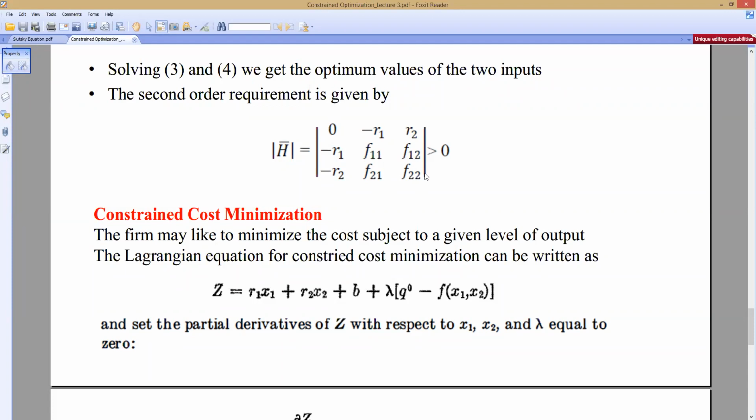Generally, we consider this context as the primal dual context. So if we consider output maximization as the primal problem, its corresponding dual problem is given by the constraint cost minimization problem, where the cost equation,